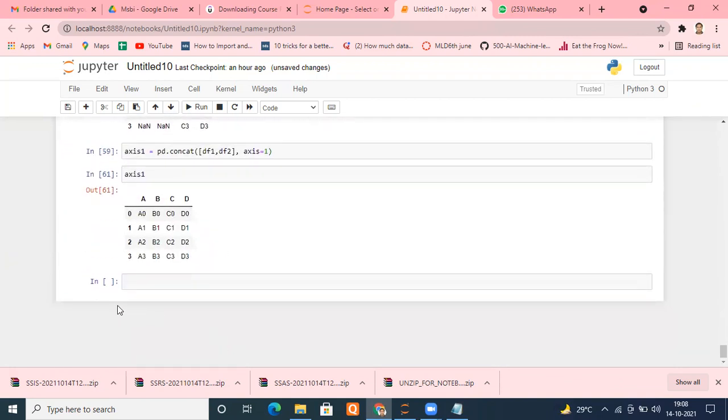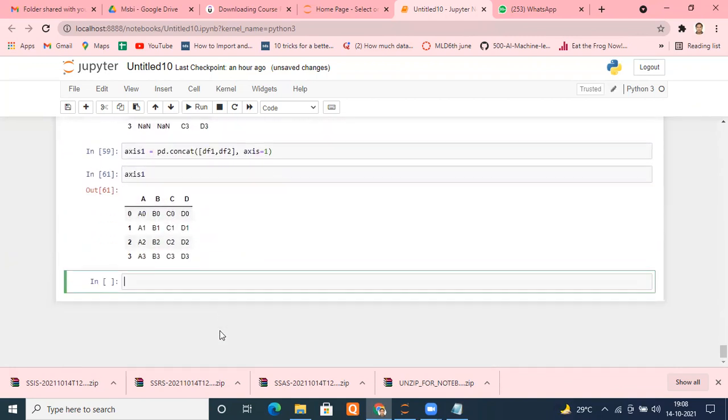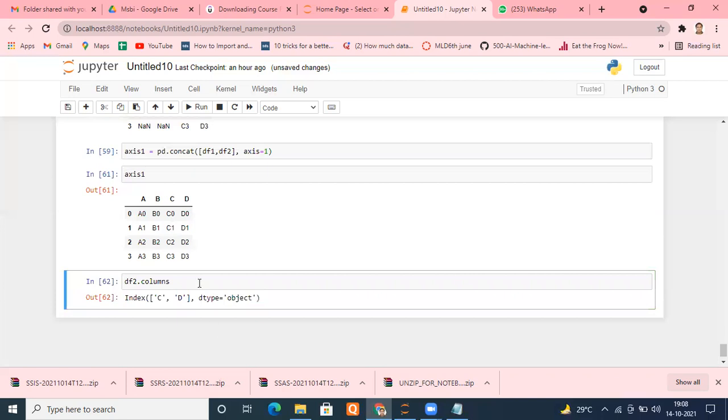Let me show you. What is my df2 name? Df2's columns are C and D. Let me change them to, suppose, A and B, same as df1. So I'm going to type A here and B here.